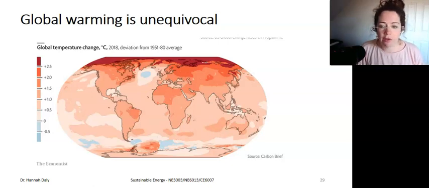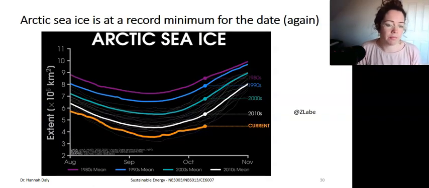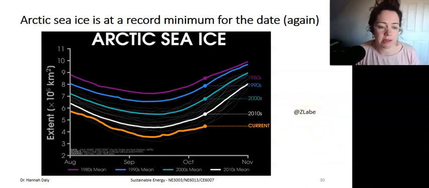As a result of that fact, Arctic sea ice is at a record minimum for the date again. If you want to follow this in almost real time, I recommend you follow Zack Labe on Twitter. He posts these statistics almost every day or every week, and we can see that this is the Arctic sea ice for the current date, just a day or two ago in October 2020, and it's at a record minimum